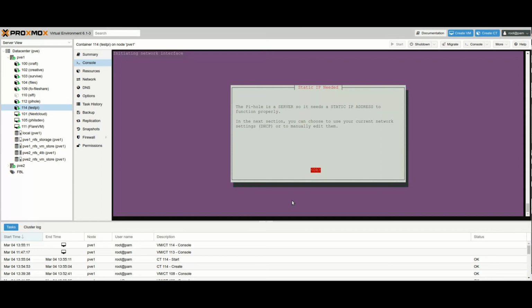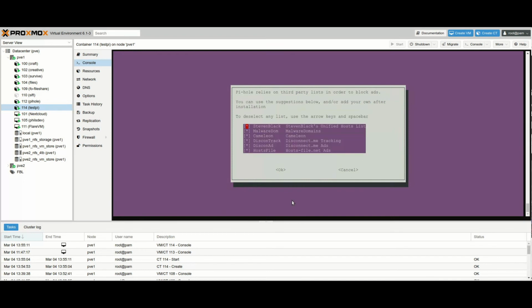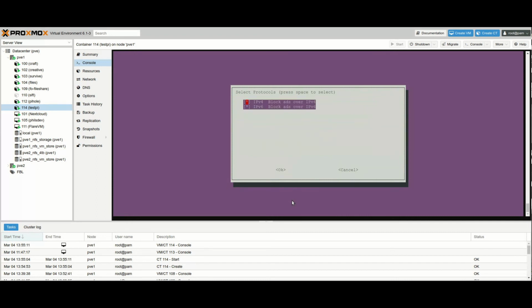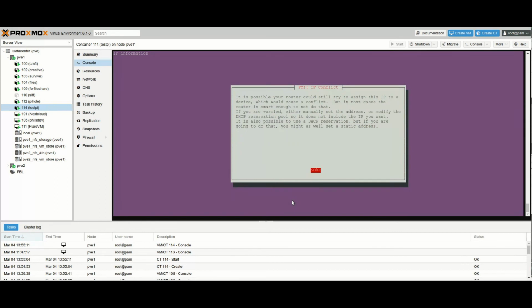We're going to say for right now, it is a static, even though I told it DHCP because I already have one running. Here's where you get to choose your DNS upstream provider. You can even use your own if you wish. So we're going to just say OpenDNS for now. These are the malware or the ad block list, and we're going to say those are fine, and then sure, and then are we sure? Yes. I promise it's totally an IP conflict.